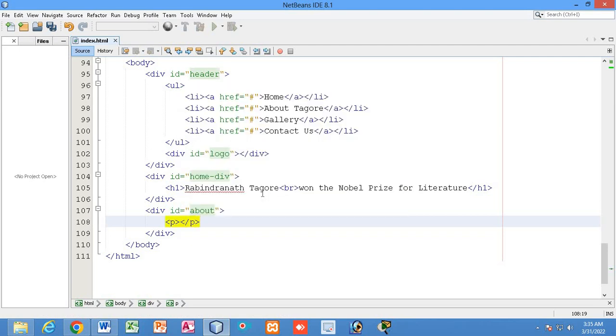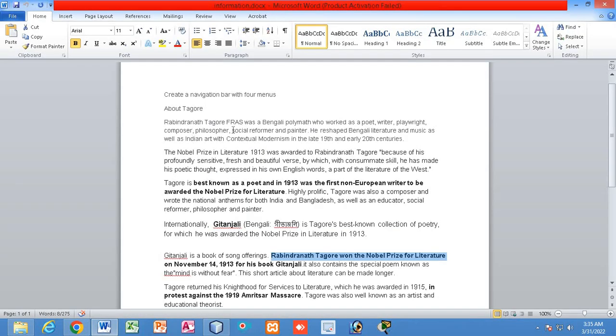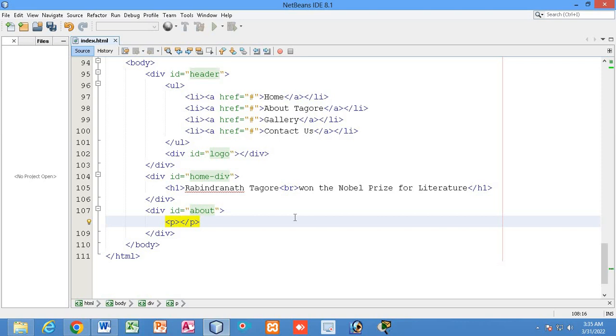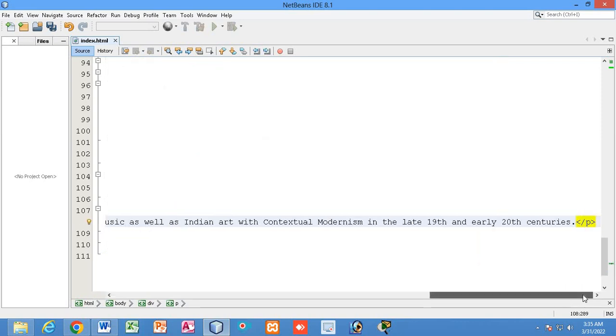So how should that be written? Let me copy some information. Okay, so this information I'm going to copy, and now I will put it over here inside the paragraph. This much information I have copied.